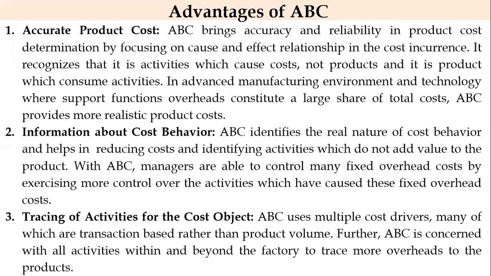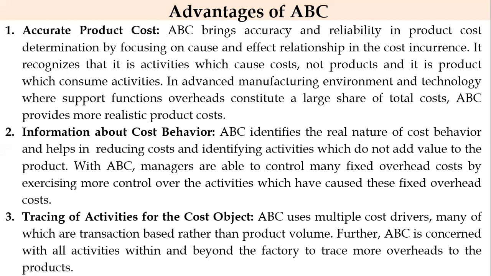In advanced manufacturing environment and technology, where support functions overhead constitute a large share of total cost, ABC provides more realistic product cost. That is, in order to produce a product, we have to perform a number of activities, and these activities will cause some costs. These costs are then applied to the product. First, they check what activities are to be performed in order to produce a particular product. And then the cost of that particular activity will be noted, and that cost will be applied